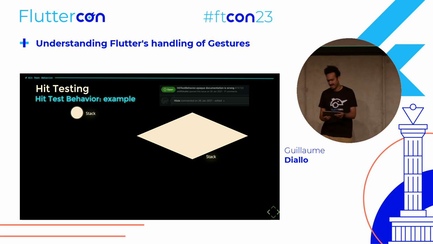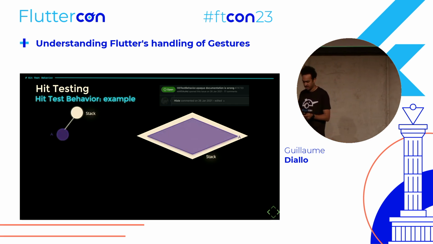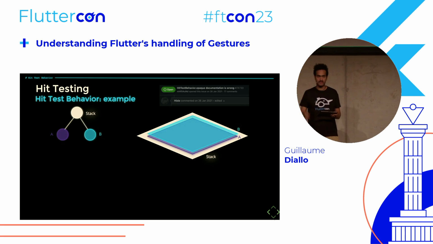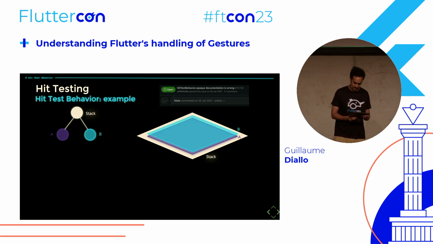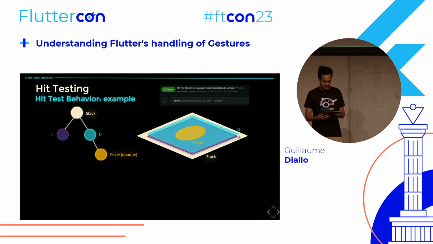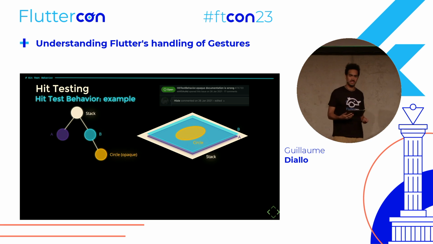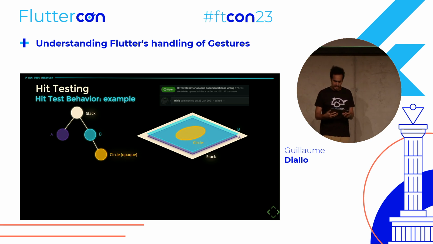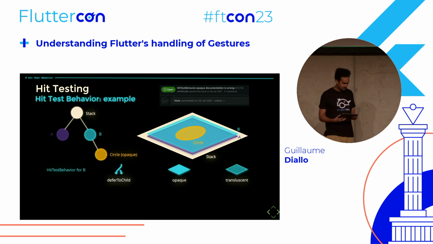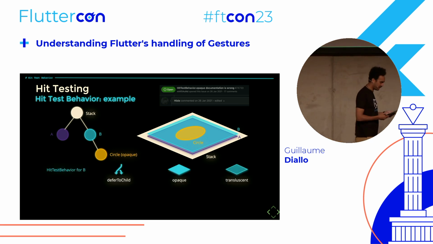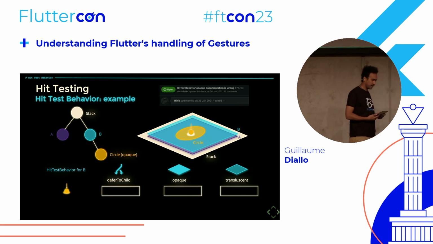Let's imagine we have a stack widget with two children, A and B container, that are, well, overlapping, because it's a stack. And B has one child, which is a circle, and has the opaque hit test behavior property. Now, let's see what happens when we use some different hit test behavior for the B widget. If we click right there, in the middle of our circle, there's something really interesting,